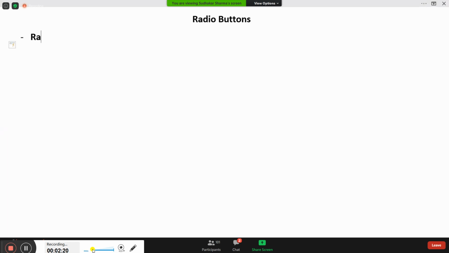Generally, technically, a radio button enables the user to select one or multiple options. When we say it enables the user to select one or multiple options,